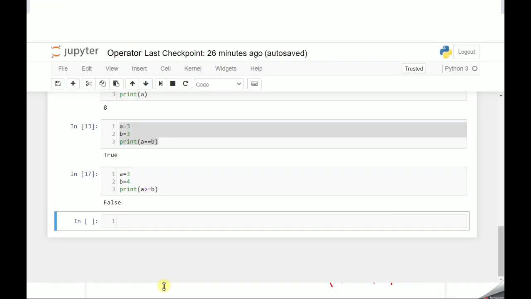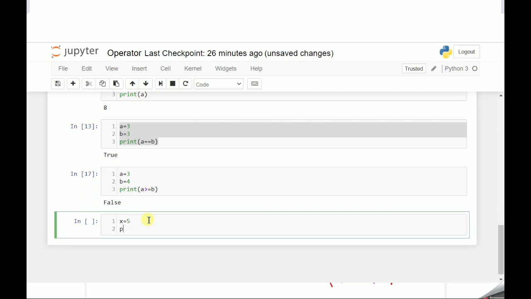So I am giving here one thing. For example, if you have x equals 5 on the same example, and then print x is less than 3 and, second condition, x is less than 10.